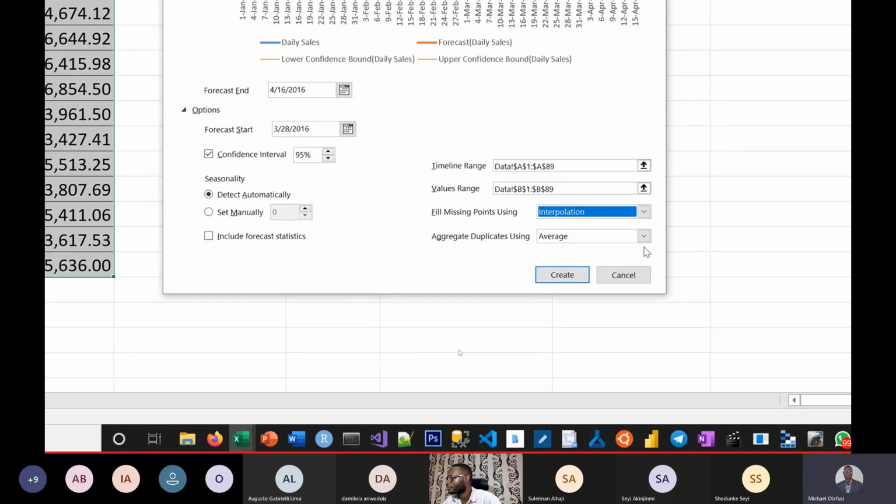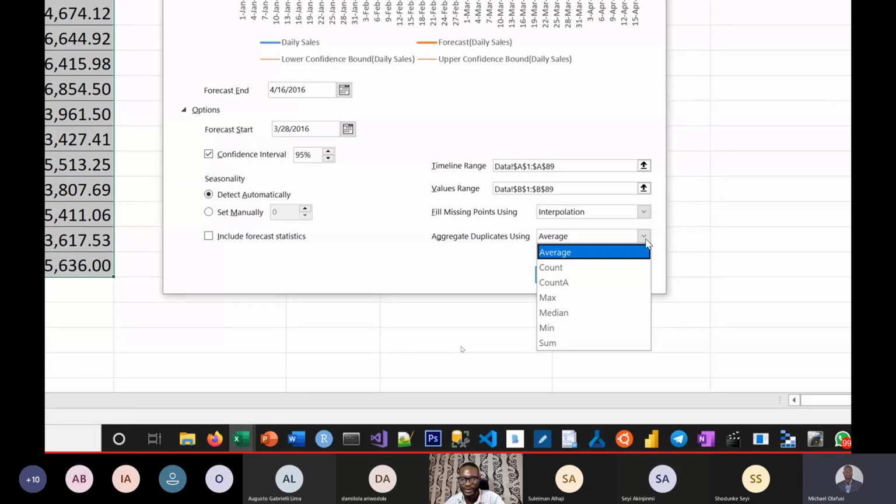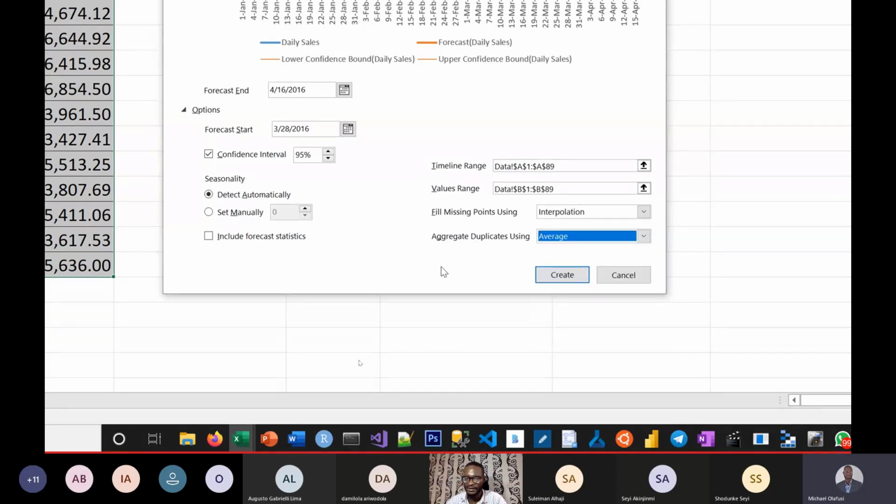Okay, so I'm going to also show us what it should do when there are duplicates. When somebody kept the same month twice, should it do an average? Should it sum them? In this case, I might be okay with average. So whenever there are duplicates in my record, meaning somebody recorded for the same day maybe 2 or 3 times, should it add them up? Should it average? Average is good for this one, if I know that if that happens, it's just